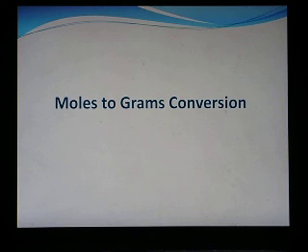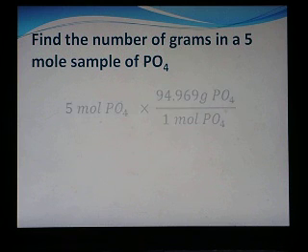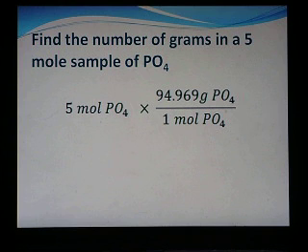Moles to grams conversion. Find the number of grams in a 5 mole sample of PO4. First, like the last problem, take what's given and write it down. Then take a conversion factor, which, since this is a moles to grams conversion, will be grams over moles. Once again, you take the opposite of the given measurement, which is grams, and put it over the given measurement,